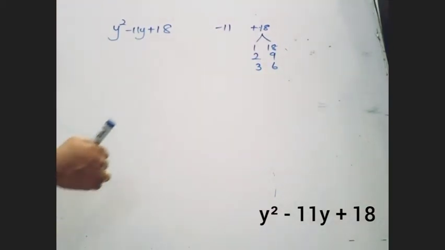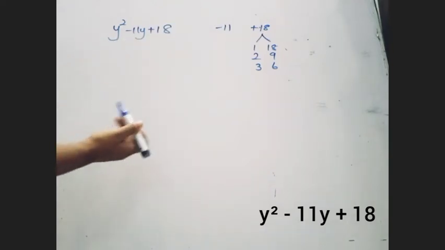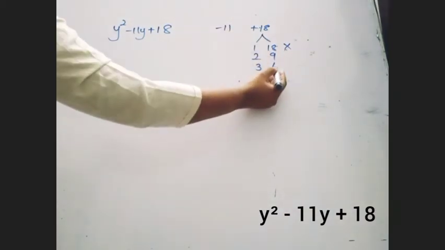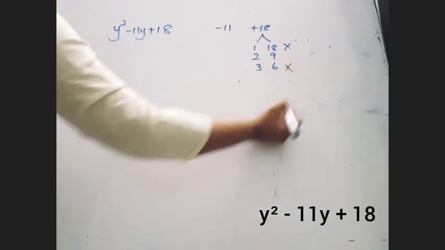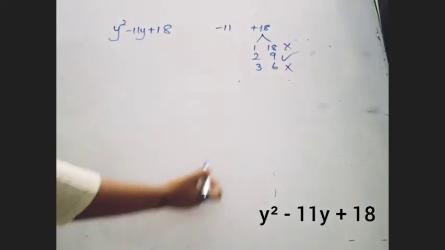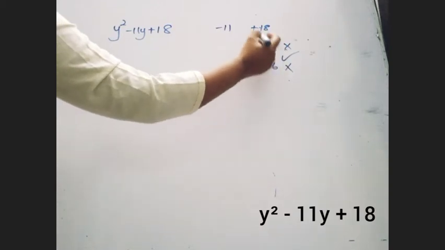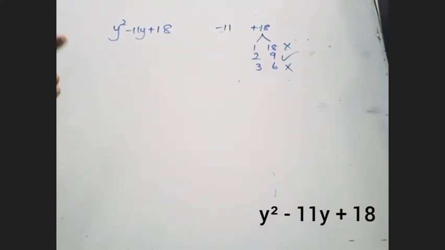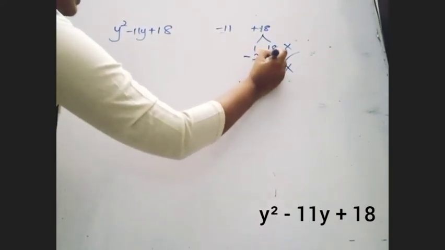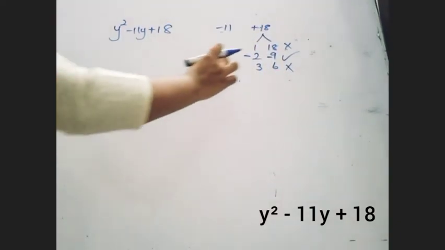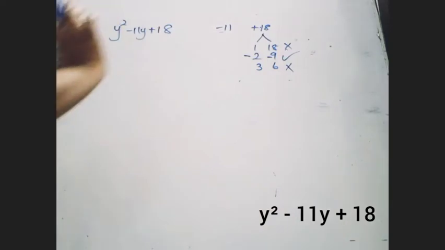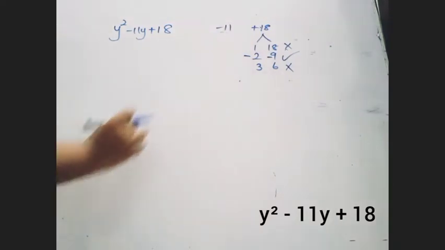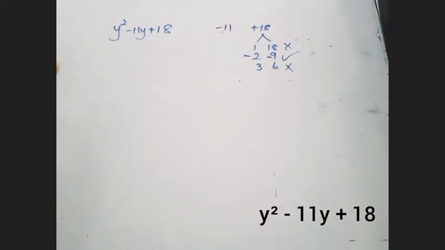Now think of a way where you are able to get 11. So here 18 and 1 is not possible. 3 and 6, you won't get 11, since 3 plus 6 is 9, no? So it's not possible. Here is the correct pair, because 2 times 9 is 18, but when you add you are supposed to get negative 11. So remember, it should come like this. Why? When you multiply negative 2 into negative 9, the answer is positive 18. When you add these two similar signs, it will be negative 11. So be aware of the signs as well.